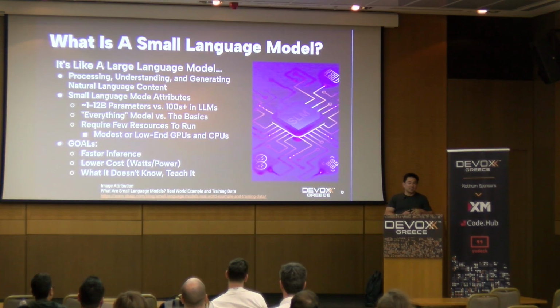Instead of hundreds of billions of parameters, or now even trillions of parameters, which, GPT 5.5 was released today, so you're starting to get into trillions of parameters, small language models are anywhere from hundreds of millions of parameters to roughly 10 billion parameters. So significantly smaller in size, anywhere from 50 to 100x smaller.